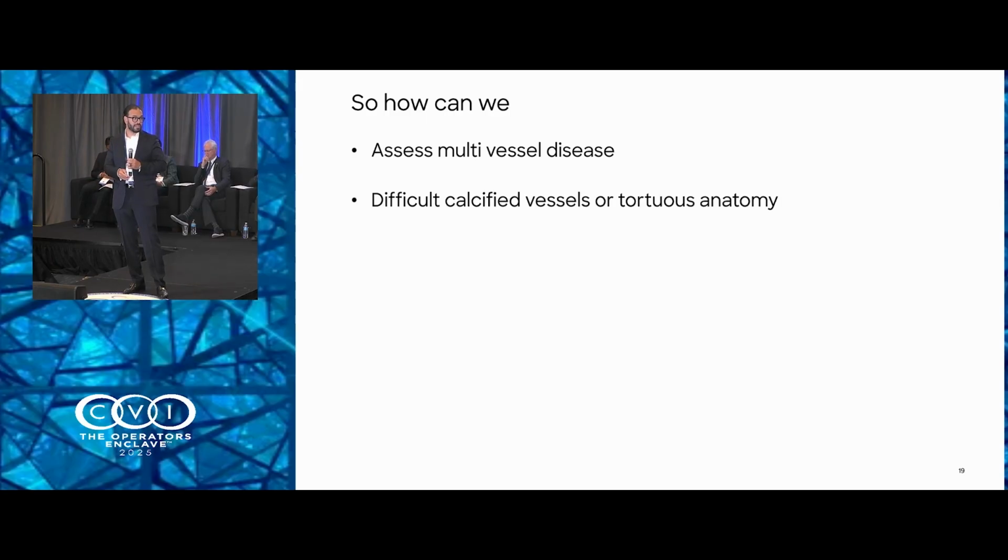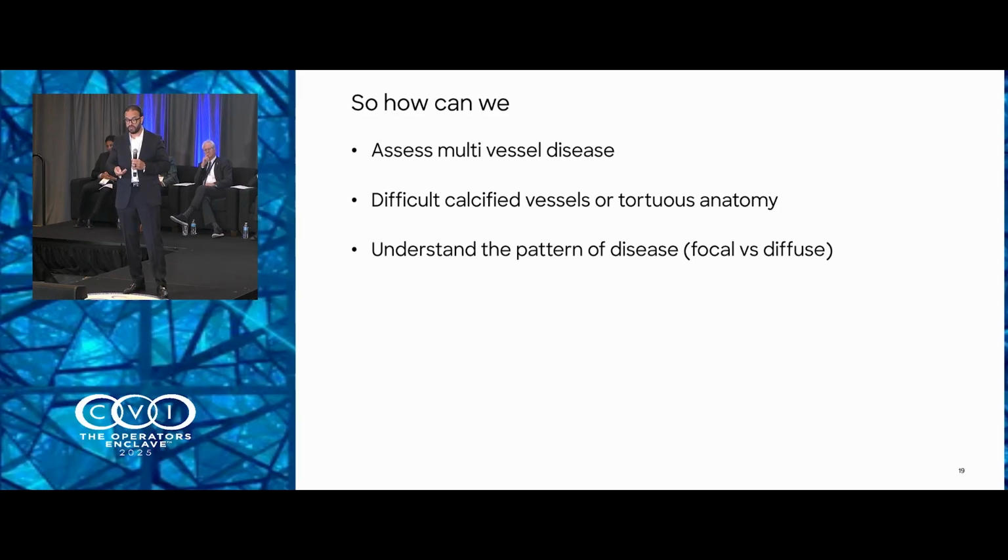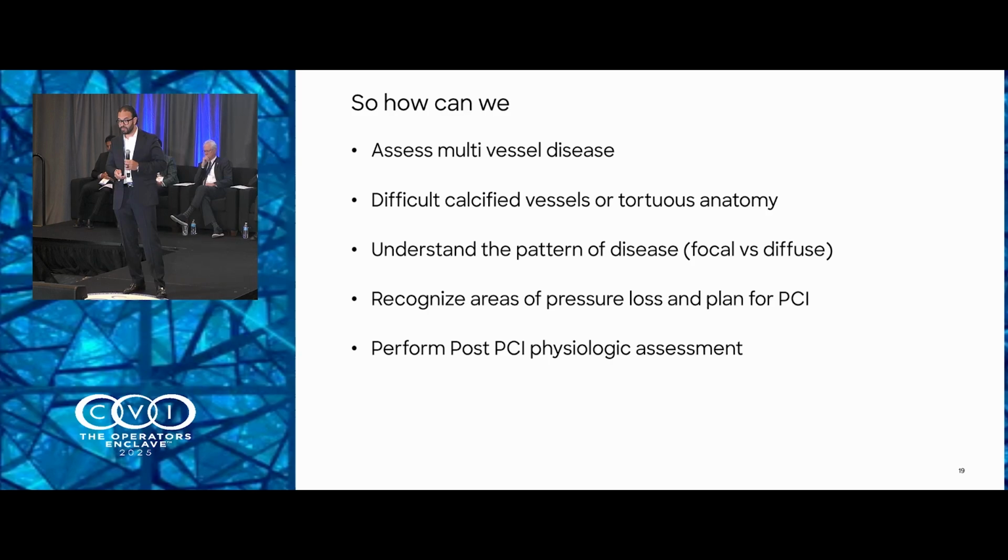So the question is, how can you assess multi-vessel, look at difficult disease like calcified tortuous vessels, understand the pattern of disease between focal and diffuse, recognize the areas of pressure loss within the vessel so that you can plan the PCI, perform a post-PCI physiologic assessment, and also be efficient and not just do 2 cases a day, right? I mean, you're trying to be efficient, and nowadays these cath labs are very busy. You're trying to treat those patients efficiently, but also try to get the best outcomes of those patients. So thinking beyond the wire,